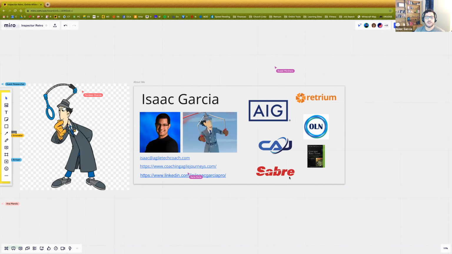Over here on the right-hand side, I have my journey as an Agilist. If you rewind the clock about 6 to 7 years, you'll find me at Sabre, a large global company that manages travel reservations. While I was there, I got to take a class from Lisa Adkins called Coaching Agile Teams. I actually have on the bookshelf behind me a signed copy of this book from her, where she taught me about the partnership between Agile and coaching. And my mind exploded. From that class grew what became Coaching Agile Journeys.